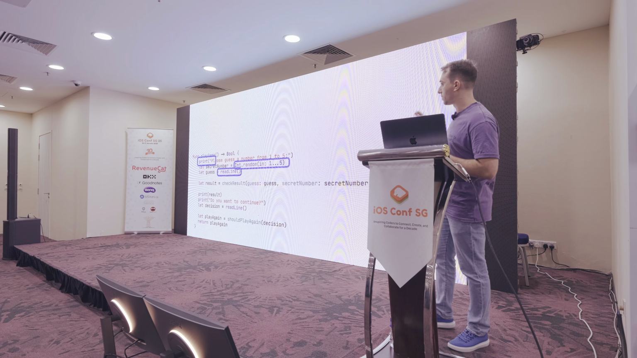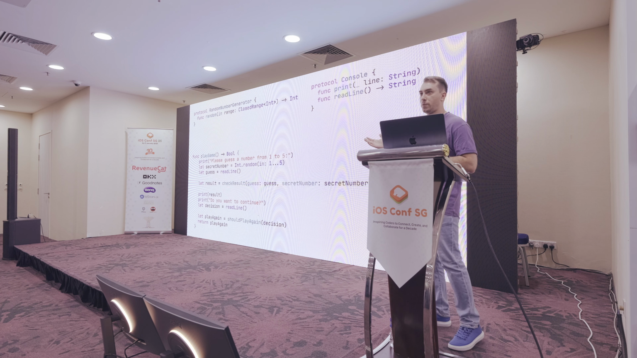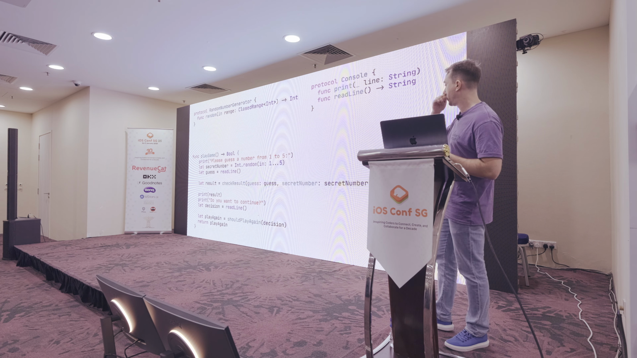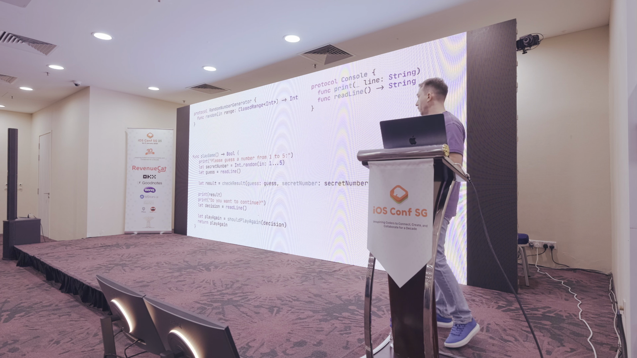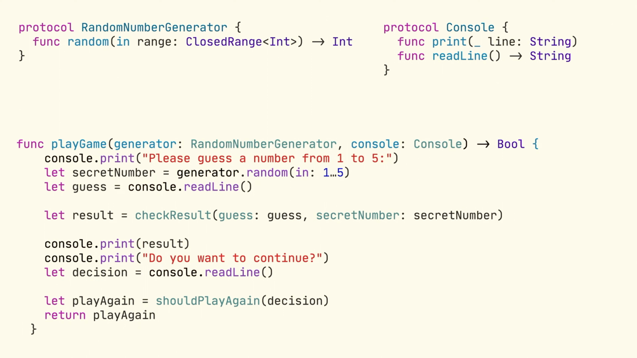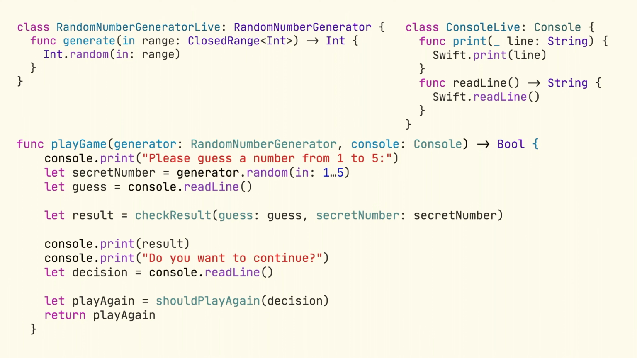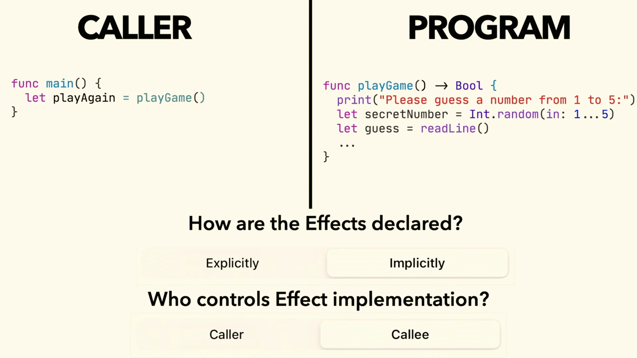So I'm going to go with the most traditional, textbook example, which uses interfaces or protocols to provide an abstraction over the implementation of the effects. So we have a random number generator protocol and a console for print and read line. And so we can use these interfaces and replace calls to side effects with calls to this interface. So now we have this indirection that allows us to control these side effects. And of course, we provide a live implementation that calls into actual side effects we used before. So now going back to our diagram with caller and program,